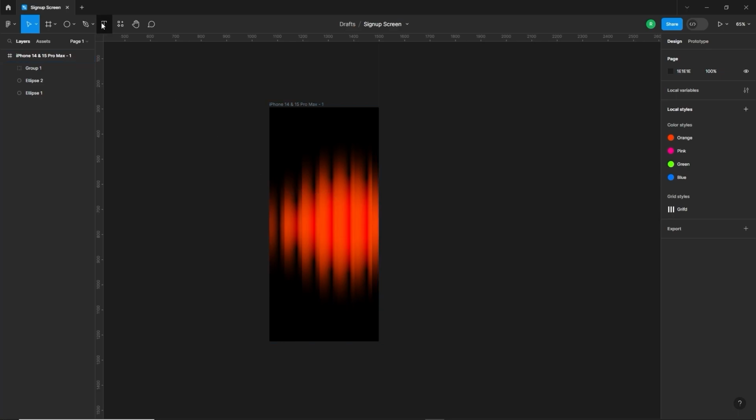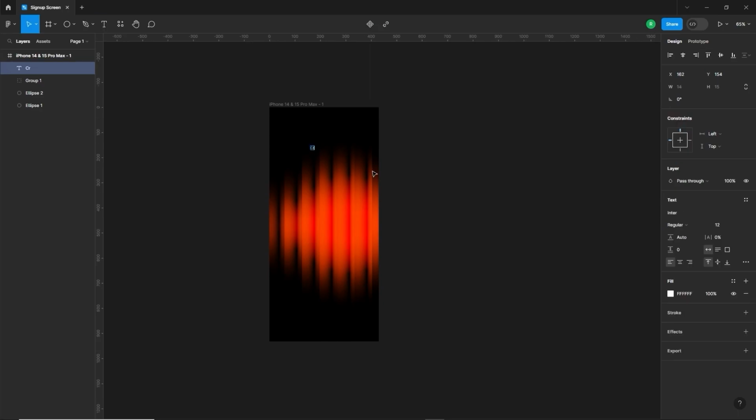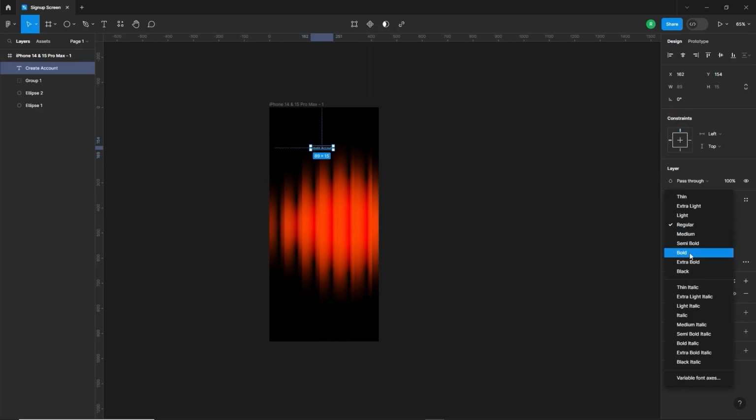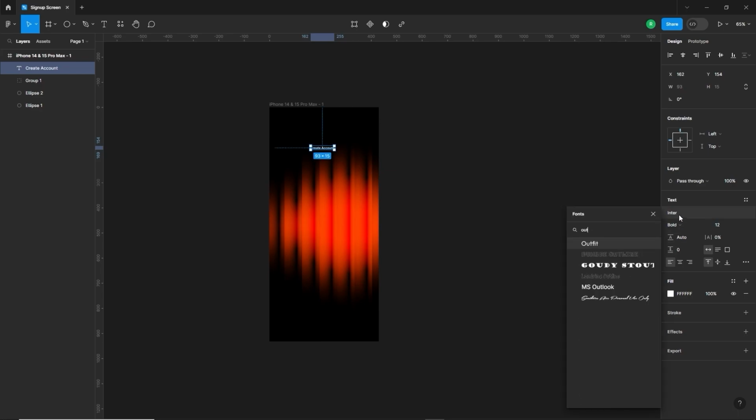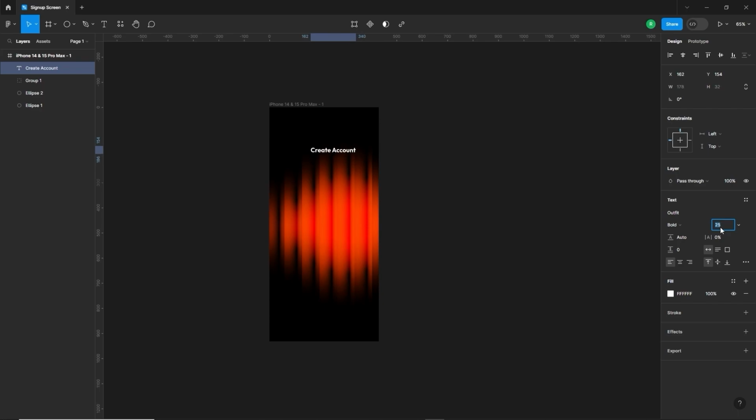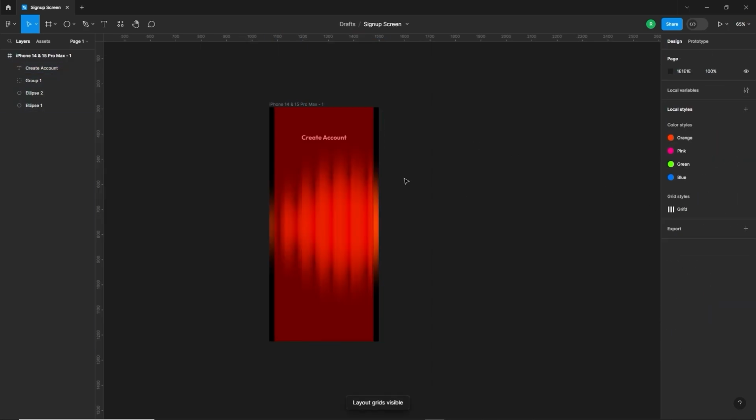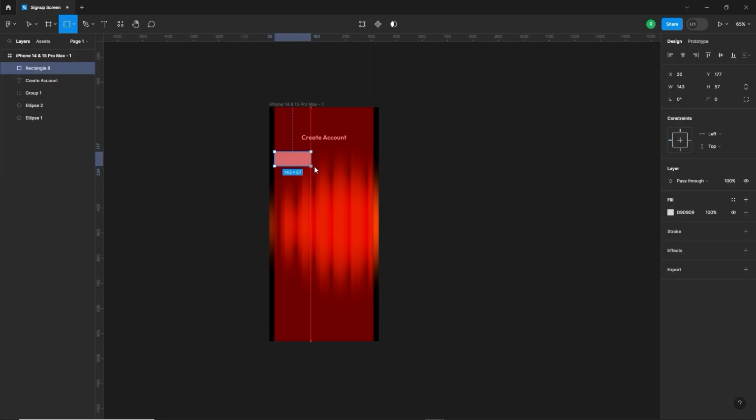screens. So select the text tool and write create account. It should be bold, and we'll change the font to outfit. The size should be 25 pixels. So we will align it to the middle, and now we will turn on the grid to make the content inside the boundaries. Okay, here we will make 2 buttons for Facebook and Google to allow the user if they